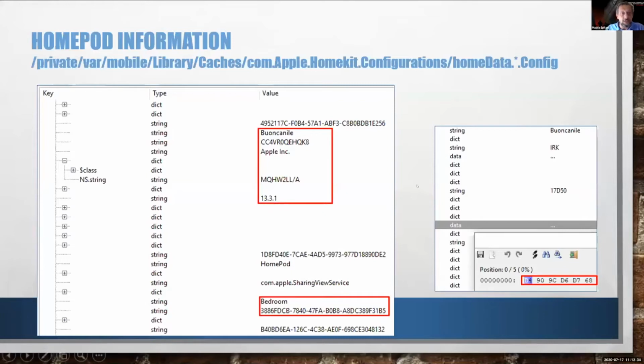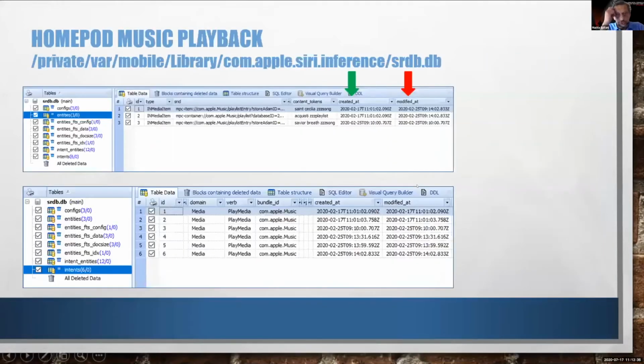So these are settings. Let's go now to the interaction with the HomePod and traces left behind on the iPhone and on the HomePod itself. The first database of interest is the srdb.db that is, again, on the iPhone, of course, in private var mobile library, com.apple.siri.inference folder. There's this srdb.db database that keeps track of the interaction you did with Siri by, for example, requesting to play a specific